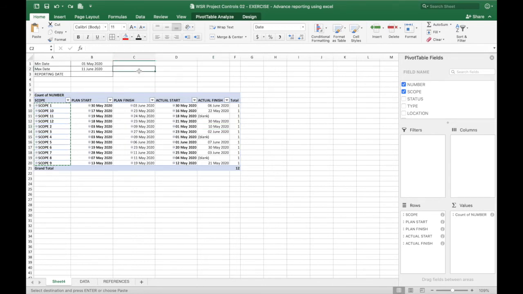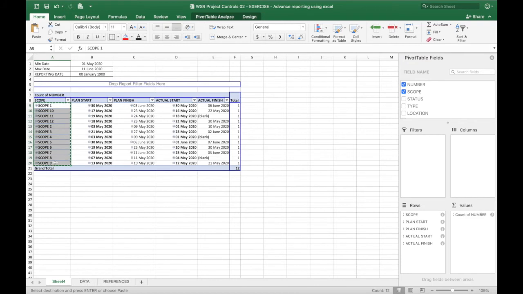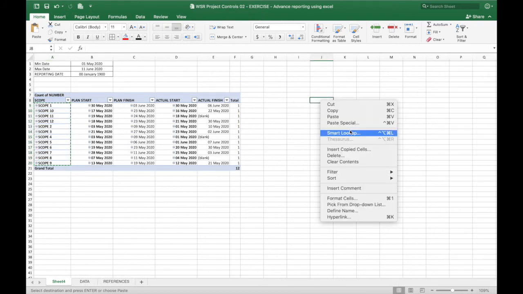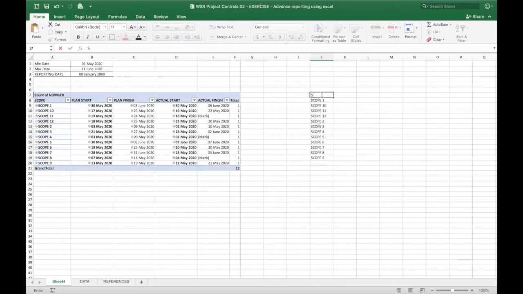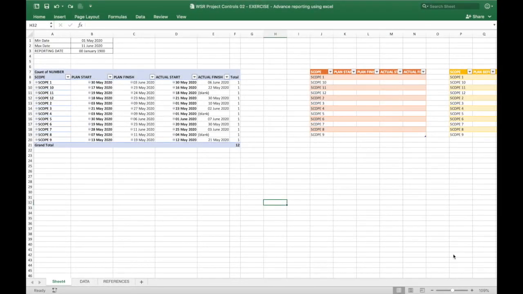Then we proceed to linking these references. We then create another table to do our formulas. I've created two tables here. The orange table will be used for the sorting later, and the yellow table will be used for the bar charts. Now for this orange table, what I'm going to do right now is I'm going to fetch all the